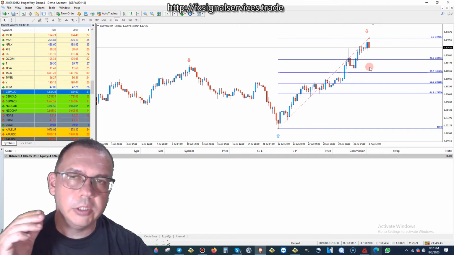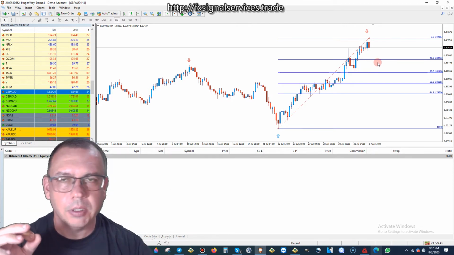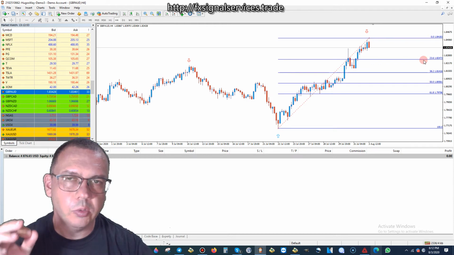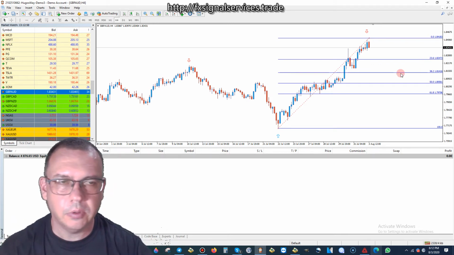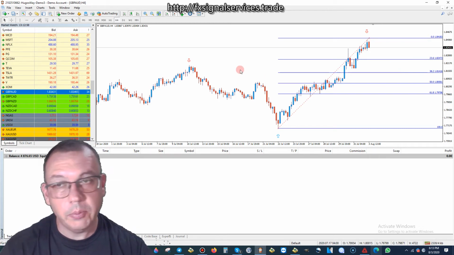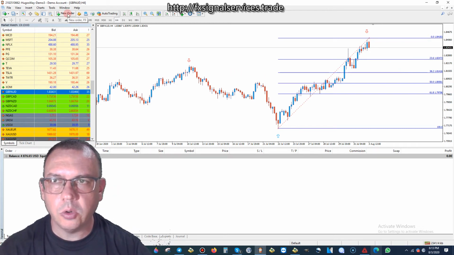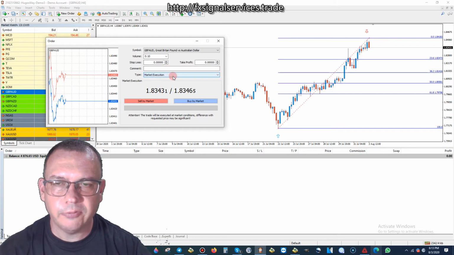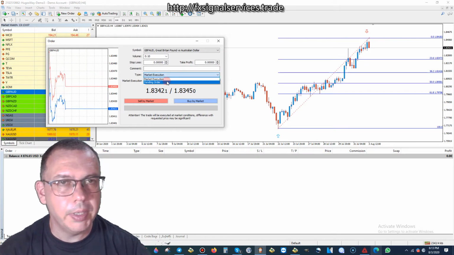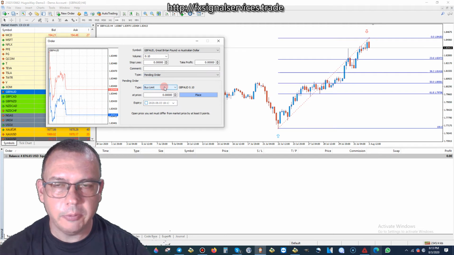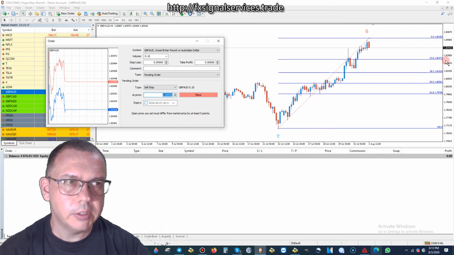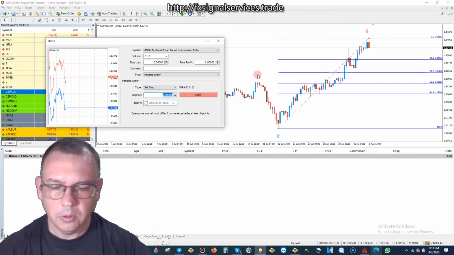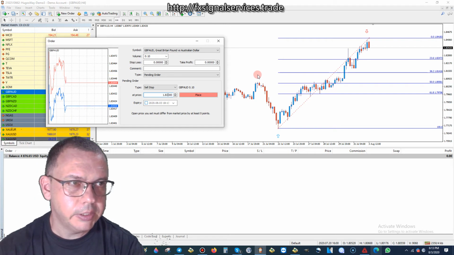And what you want to do in this case is put a sell stop pending order just below the 23.6 with take profit just above the 38.2. And how we do that is simple. Just go to new order right here and change from market execution right here to pending order. And then for the type of pending order, we're going to choose sell stop. And then right here it says at price. We want to select a price that's a little bit below, and I'm going to pick 1.82